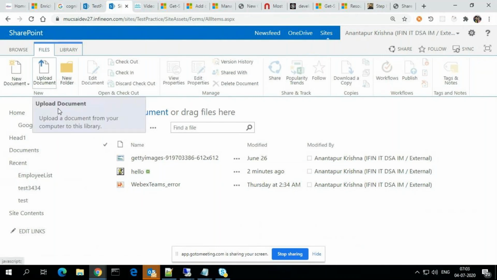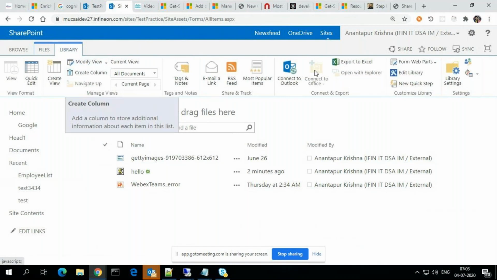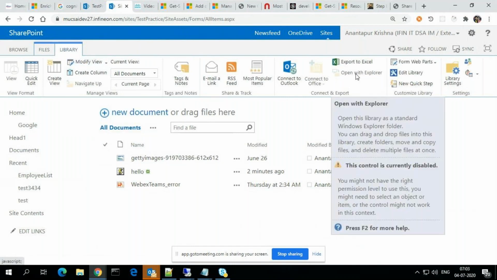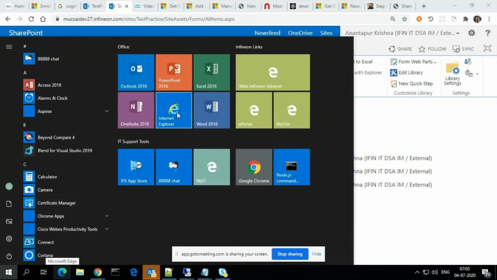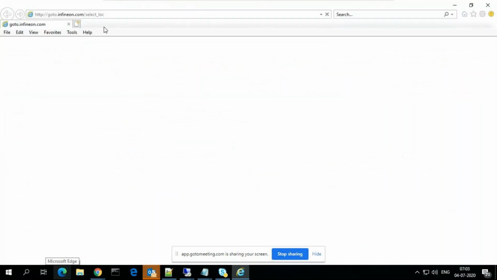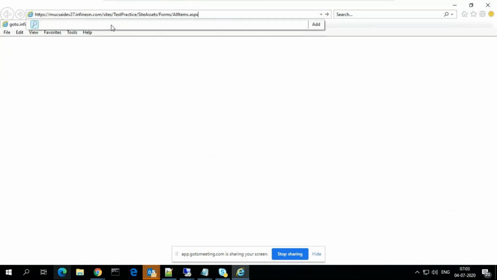It is not required from the developer. Every time they don't want to upload like this. What they will do is go to Open with Explorer. This functionality won't work in Chrome, but I will show you in Internet Explorer. It will work. You know this functionality? Once I saw, I think.